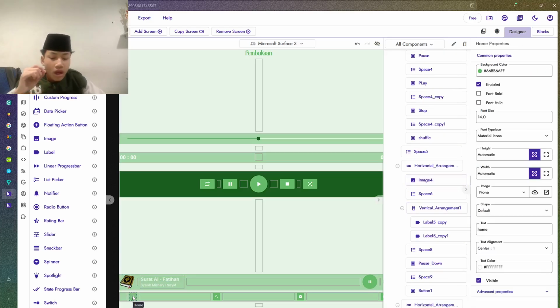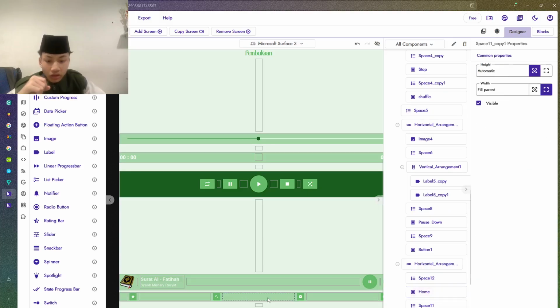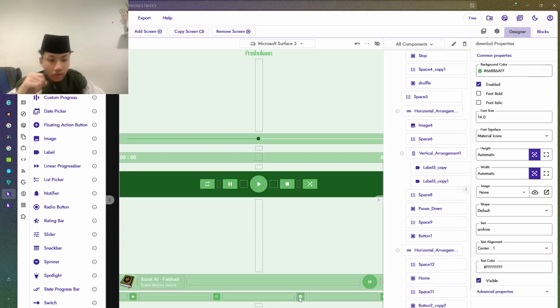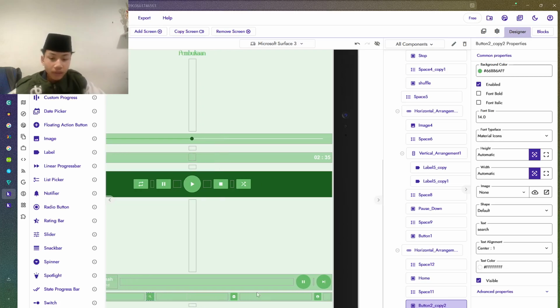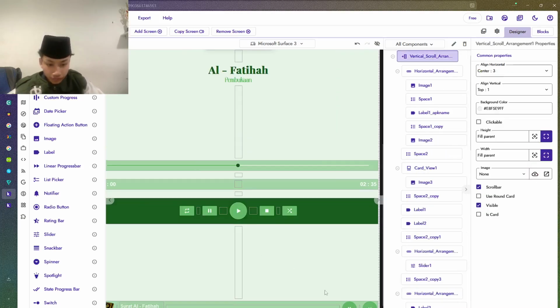This is a home to direct you into the home screen. It's a space to make a space between the search button and the home page. This is a space between the download page and the search button. This is a space to make a space between the user button and the download button.